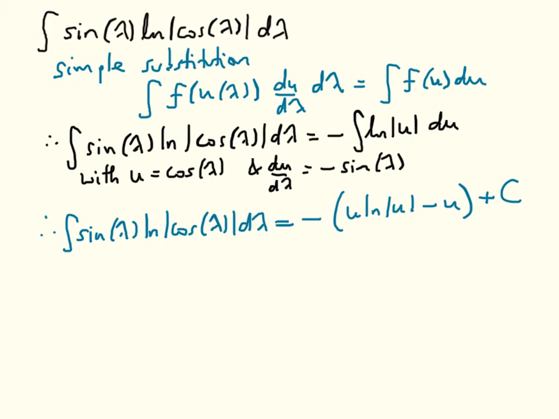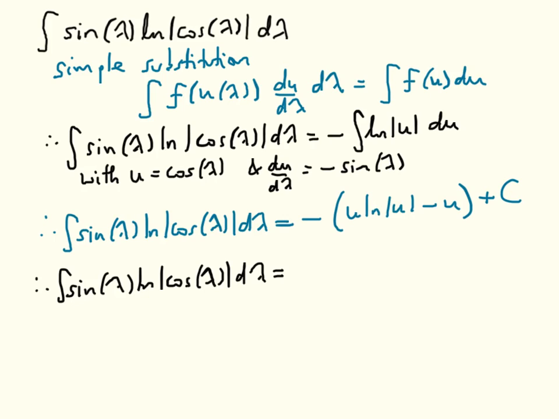And u was the cosine of lambda, so we therefore conclude that the integral of the sine of lambda times the logarithm of the modulus of the cosine of lambda integrated with respect to lambda is